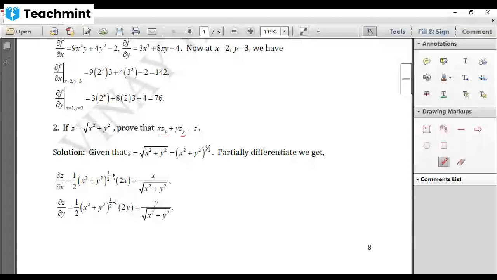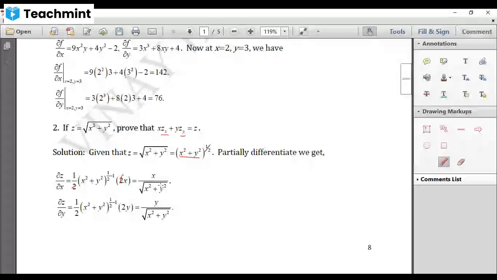what is the derivative of this? Now leave the power, find the derivative of this. Derivative of x square is 2x plus derivative of y square 0, because you are differentiating with respect to x. So simply 2x is there. Now 2 get cancelled. Half minus 1 is minus half. If you send that one to denominator, that will become 1 by (x square plus y square) to the power of half. To the power of half means square root. So here x is remaining. So x divided by square root of x square plus y square.